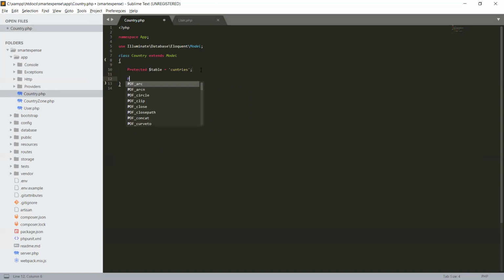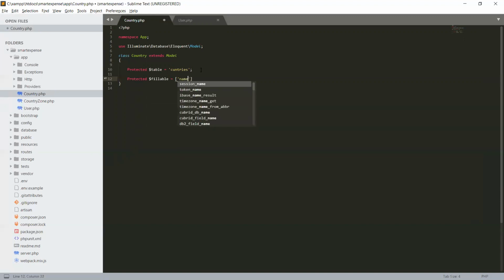And now fillable. Protected means it can be used only within this class hierarchy, and cannot be accessed from outside. Protected fillable, and here we will define our array. Only a single field, the name of the country, is fillable.